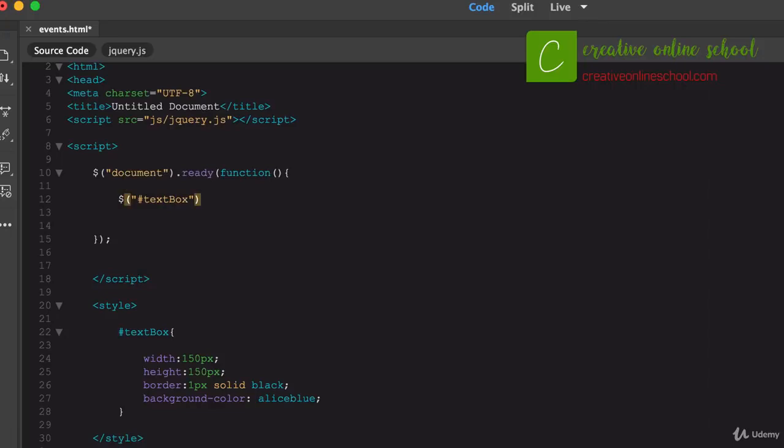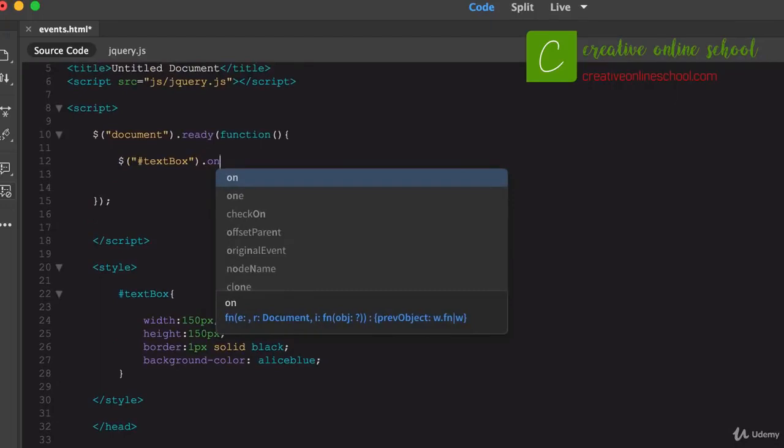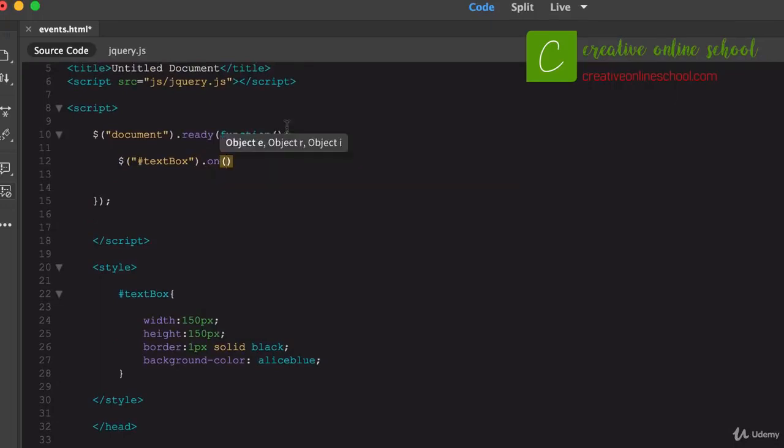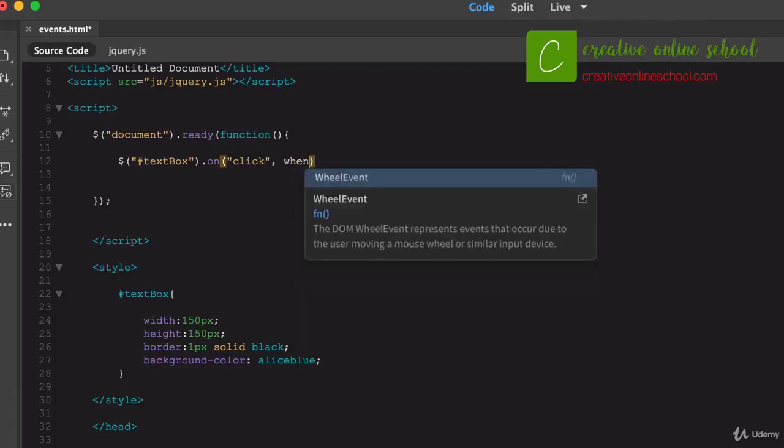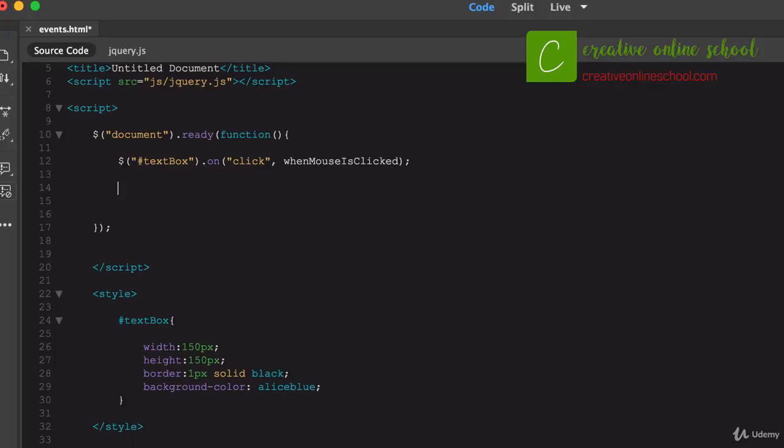Now, if you've done anything with like Photoshop where you can create these kind of like on mouse over events, or just done regular JavaScript before, it's very, very simple. We just say we target that text box, boom, text box right down there, and we say on, and we tell it what to do as somebody is on it. So we'll say on click event, that is the event right there. We say comma, and say when mouse is clicked, and we're going to close it out with a semicolon. So a text box, when somebody clicks it, when the mouse is clicked, and then we will also do another